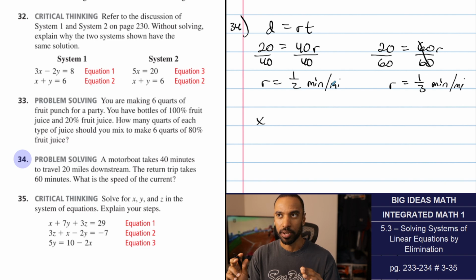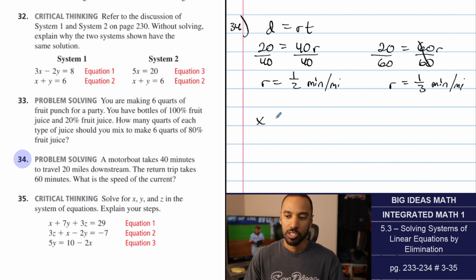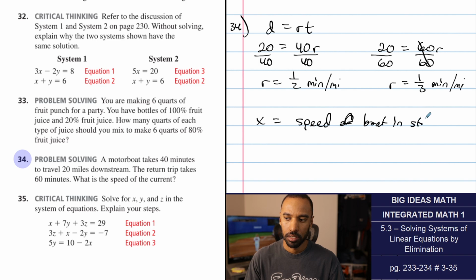I just want to know how to explain it. If I let x equal the speed of the boat in still water, and I let y equal the speed of the current,